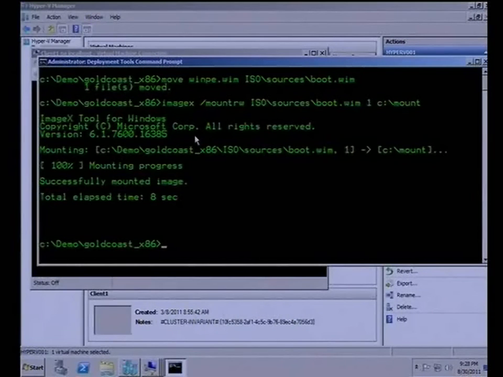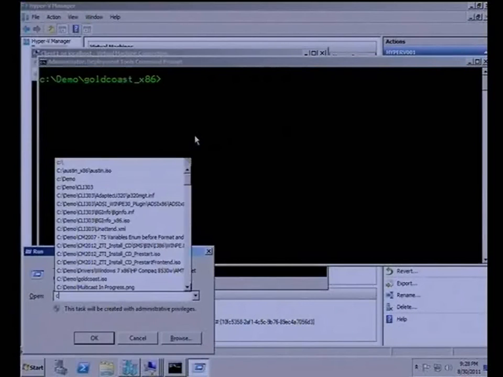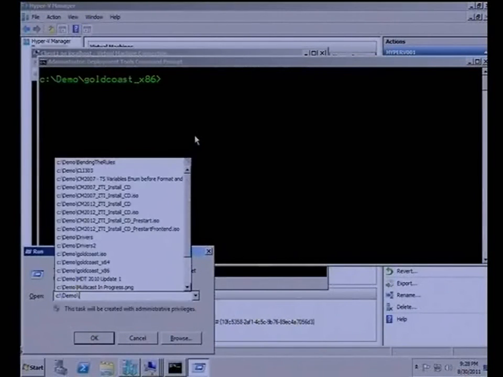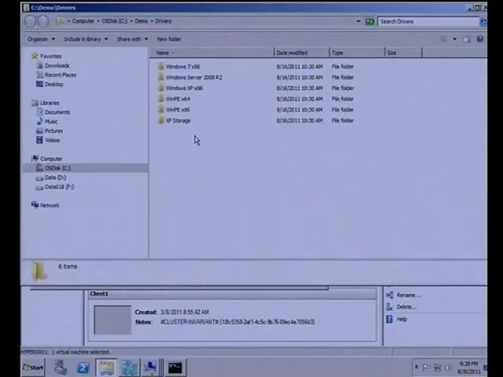So, adding drivers. What if I buy that new hardware, it couldn't find a network, I need to add it. And I don't run Light Touch, I don't run Config Manager, I want to do this on this image only. Maybe for troubleshooting. All right. I just happen to have in my demo folder,